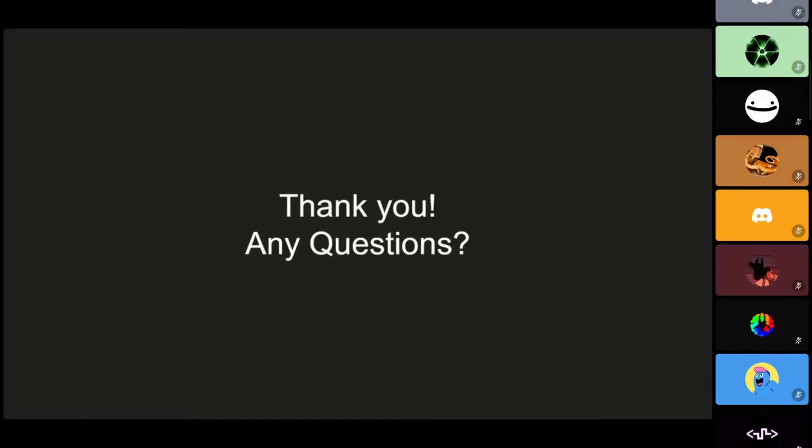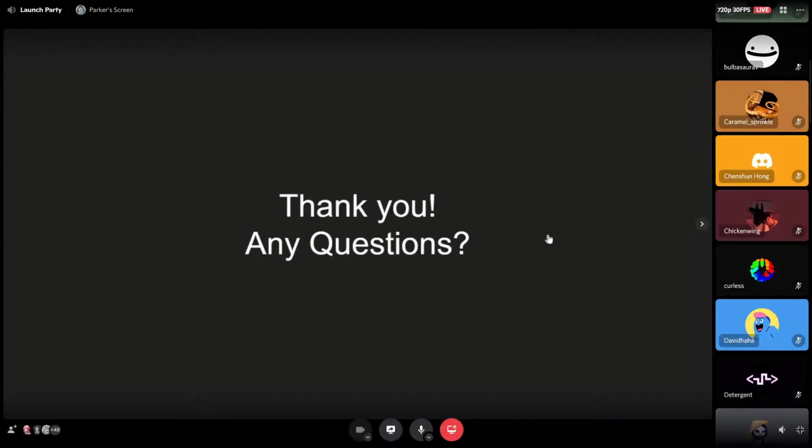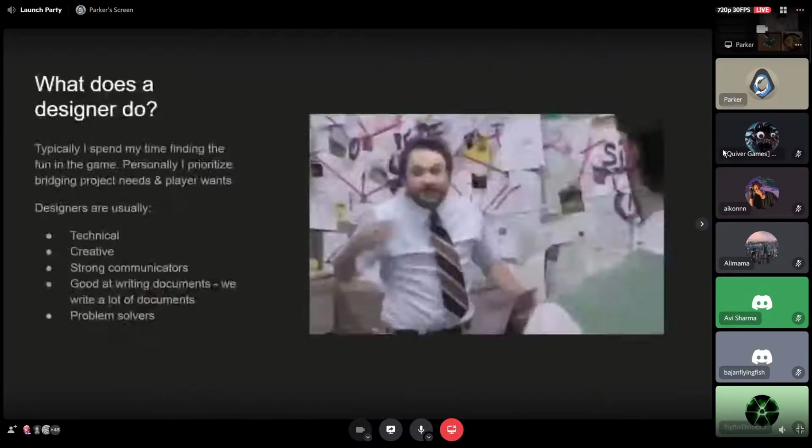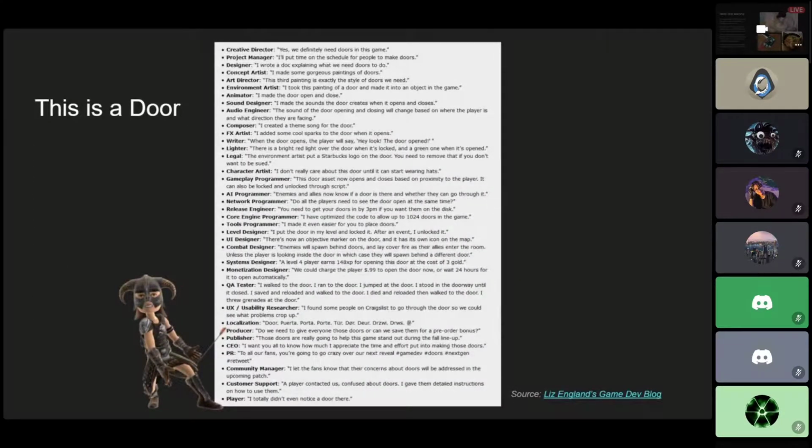Okay. Well, in general, the way that we do it at our club, yes, if you are just a composer, I just put you in as a musician. If you want, you can put specifically a composer in the notes. We kind of lump audio all together, which we really shouldn't do. I know in real game development, it's important to have different kinds of audio design. But for us, until we have way more people joining in different parts of audio, we will separate them. For now, I'd just sign up for the music role.